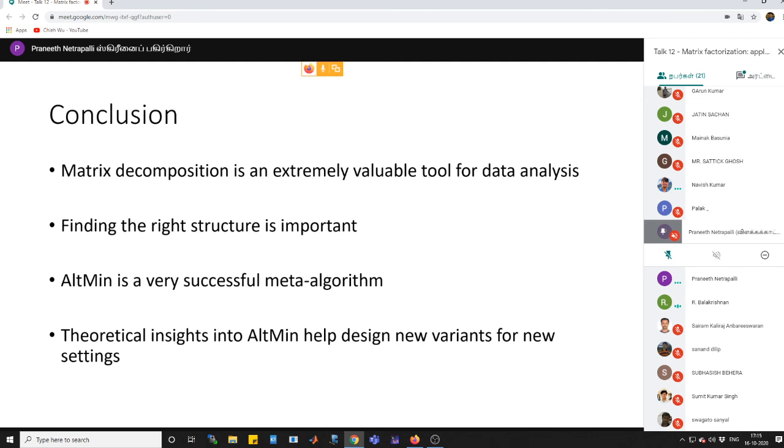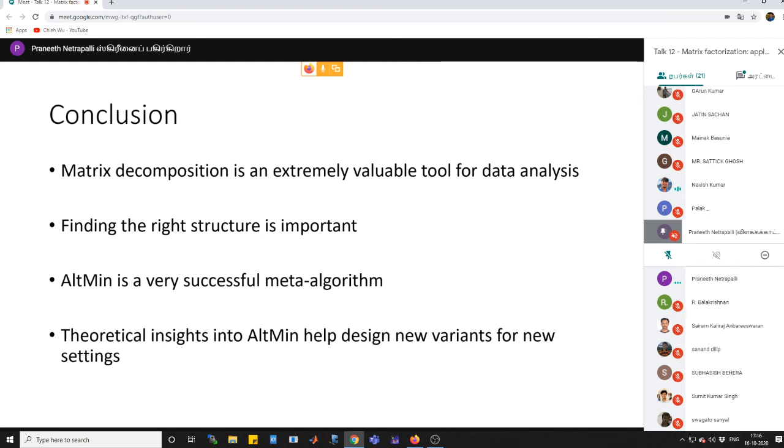I'm not from the image processing community per se, so I'm not sure which particular problem you are referring to where people are using hypergraphs. But at least for image compression and denoising, dictionary learning has been a widely used tool. There may definitely be other approaches, but I'm not familiar with those being used in this context, like image compression or denoising. Okay, thank you.